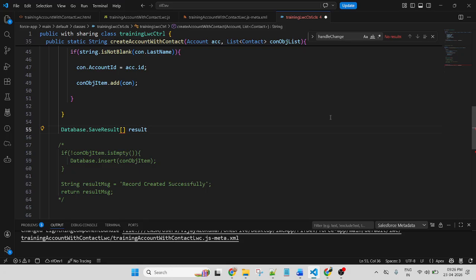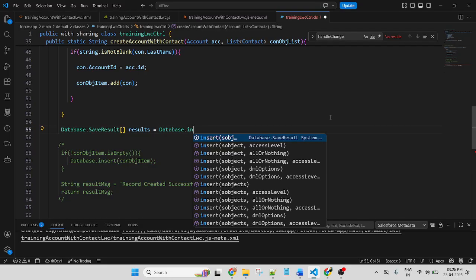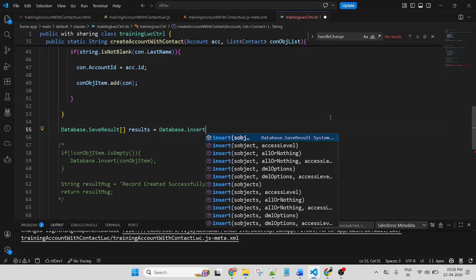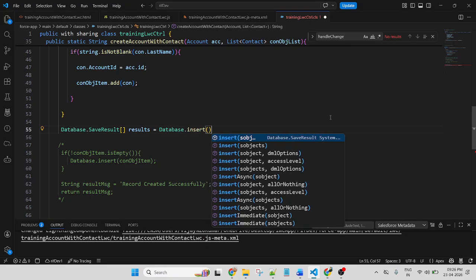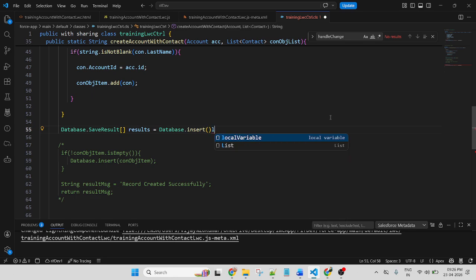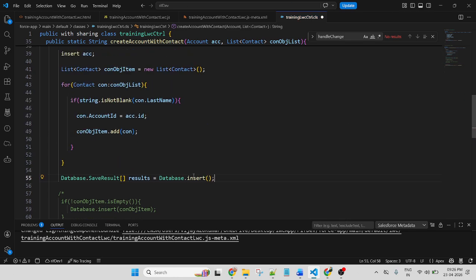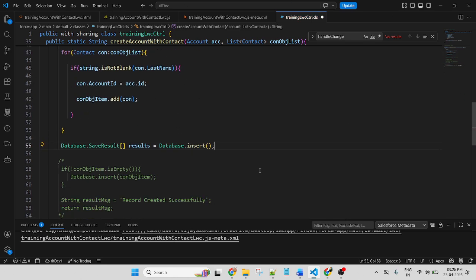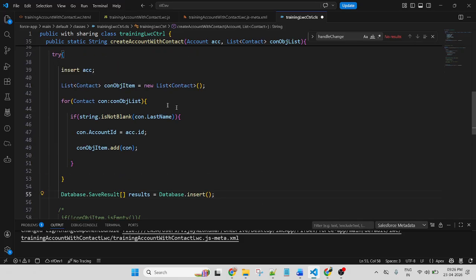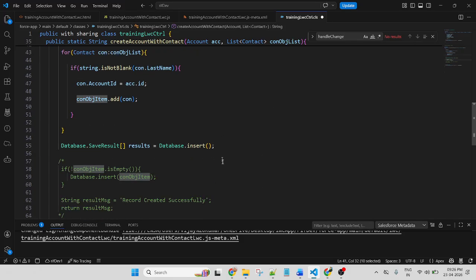This is the array type. Results equal to database dot insert, and here I will pass this one because here I am storing the value, and false.